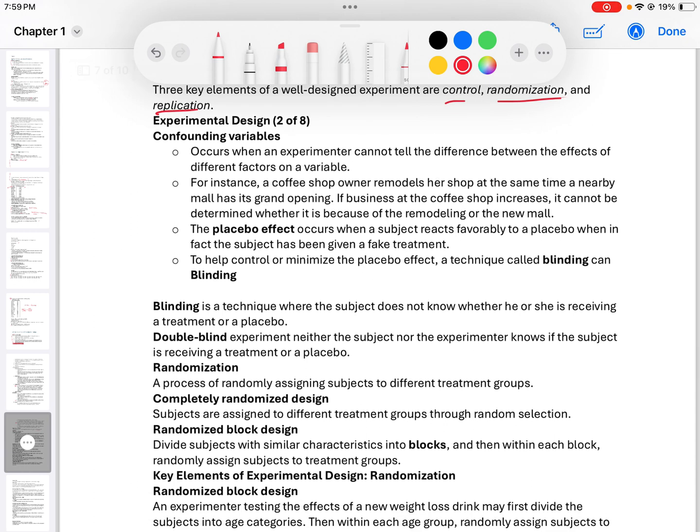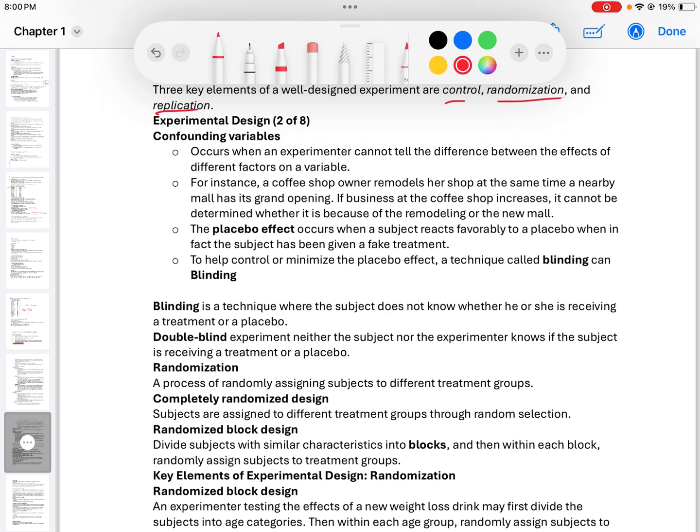Confounding variables occur when an experimenter cannot tell the difference between the effects of different factors on a variable. For instance, a coffee shop owner remodels her shop at the same time a nearby mall has its grand opening. If business at the coffee shop increases, it cannot be determined whether it was because of the remodeling or the